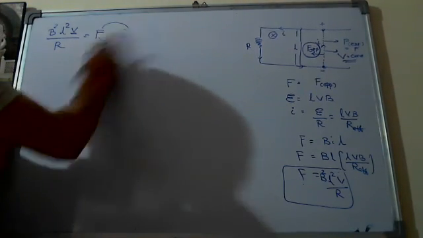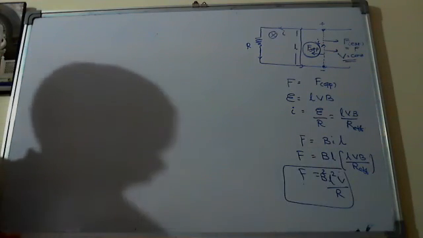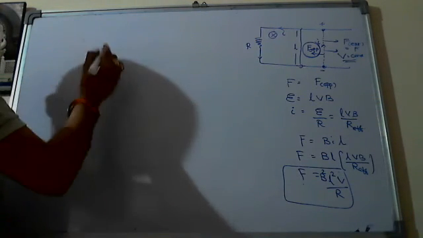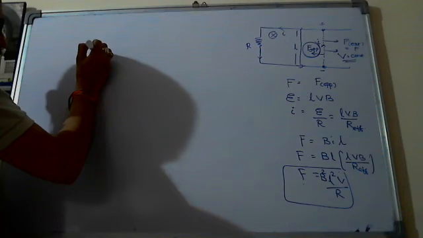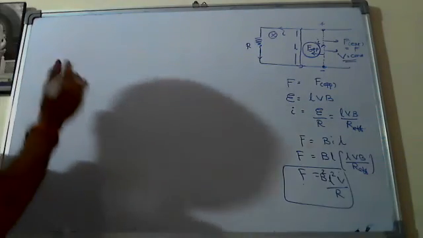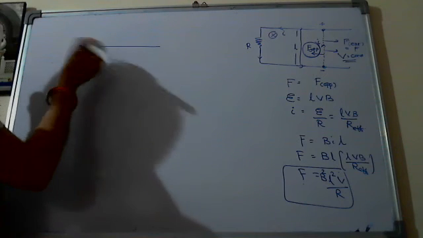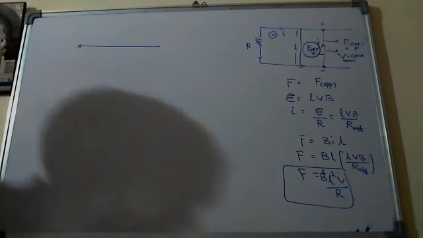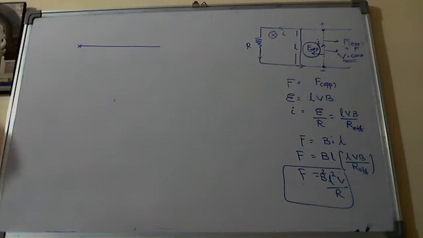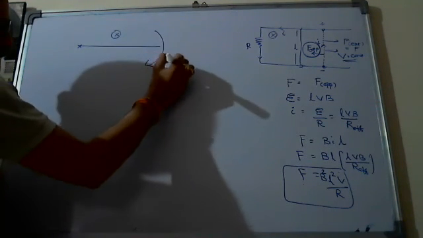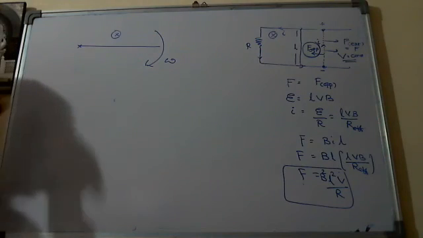And then coming to the last concept, I'm trying to end the class. The last one is, suppose that instead of moving the rod, I rotate the rod, fixing one axis anywhere, may not be at one end. If it is rotated in a magnetic field with some angular velocity, what will be the EMF induced?